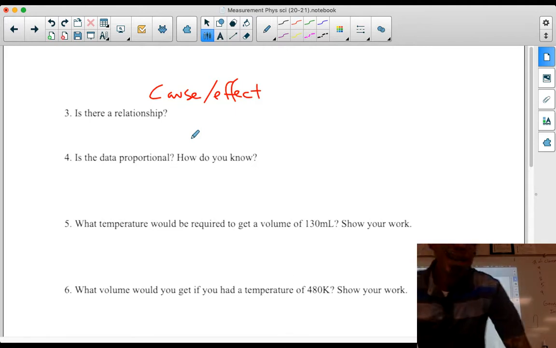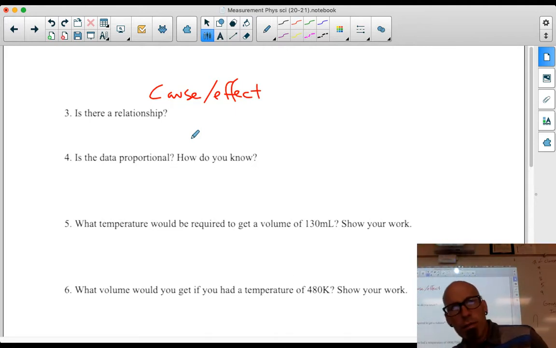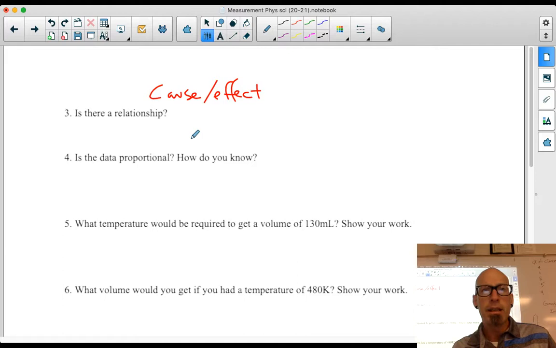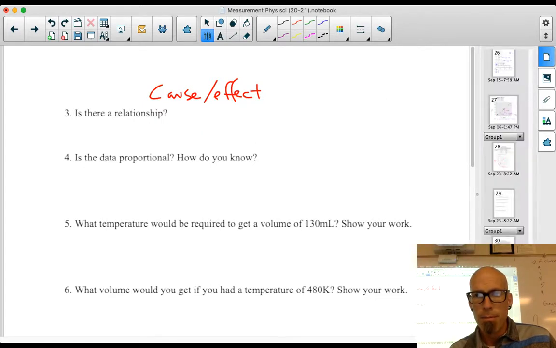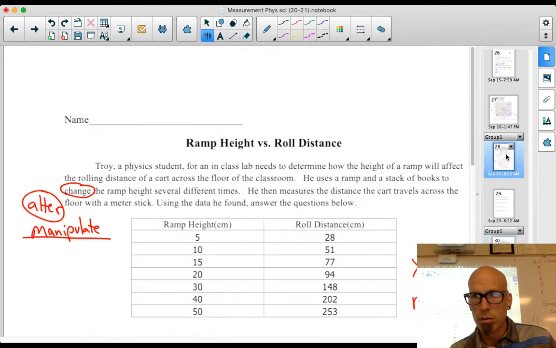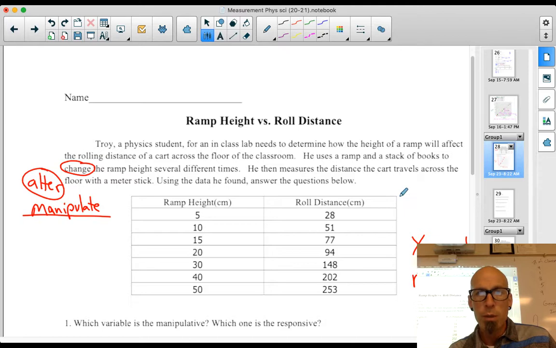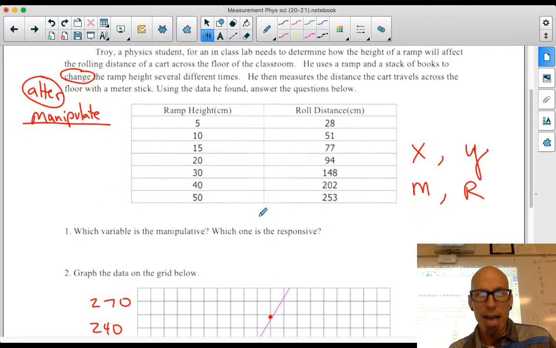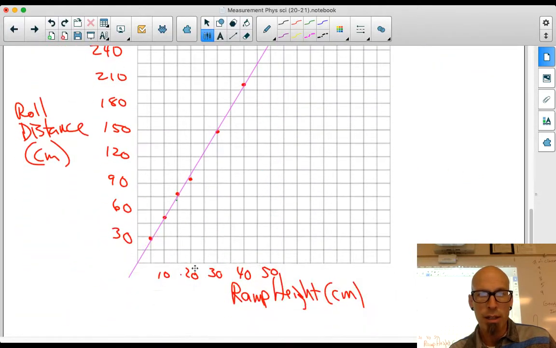In other words, is the changing of the ramp height affecting the rolling distance? I think it's pretty clear that it is. I hope it's pretty clear that as the ramp height has been changing, so has